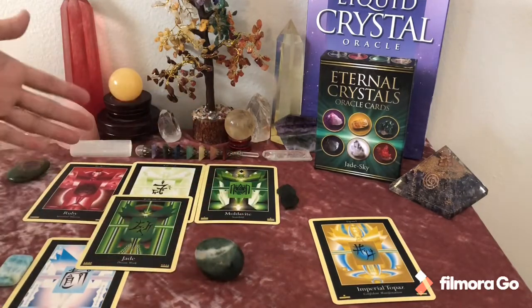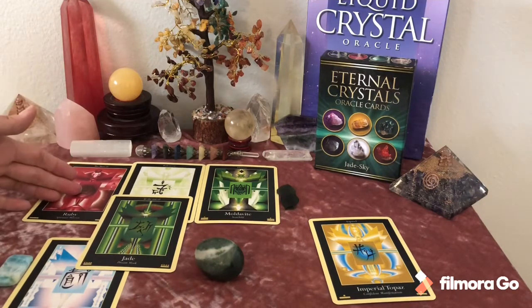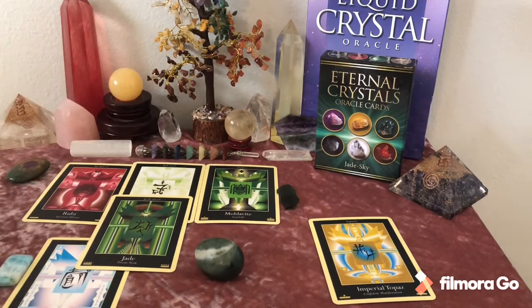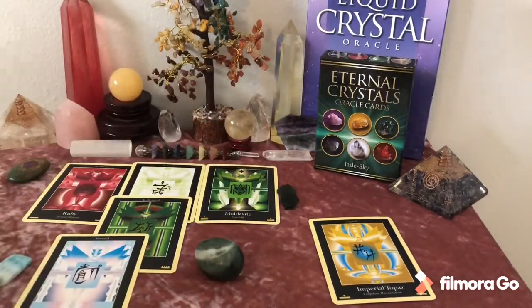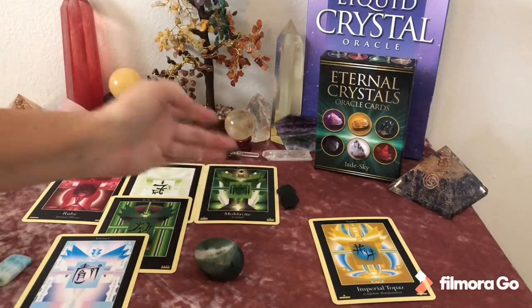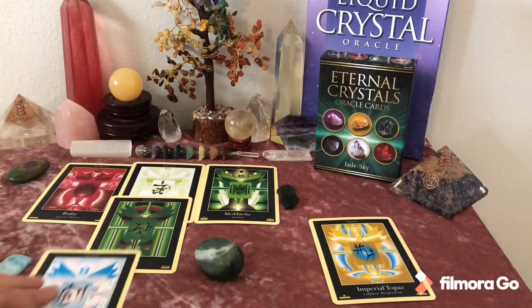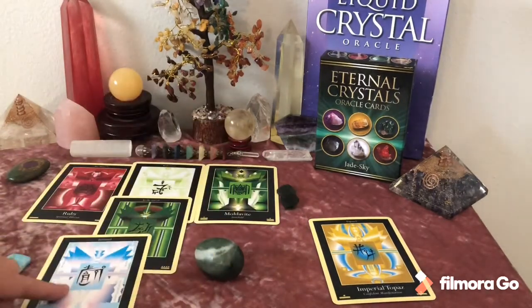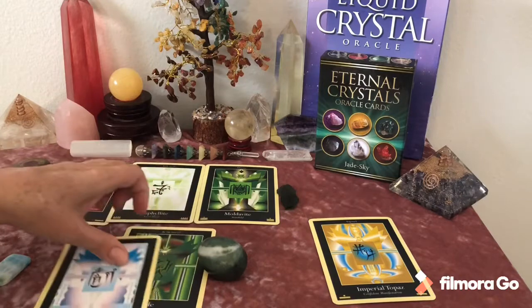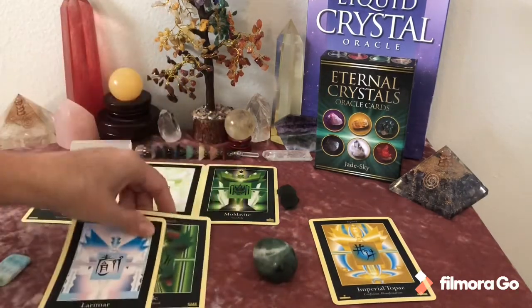for either this relationship, or this new spiritual endeavor, or this type of business or type of service, because the Larimar is a service card. It's all about serving Earth, and this is Earth energy, so it's all about our planet and creating a better world. The Larimar is about open doors, and so are the dreams here. So don't close all this off, because this is where your information is going to be